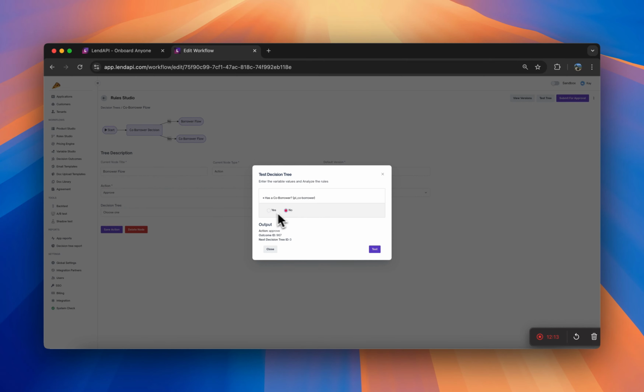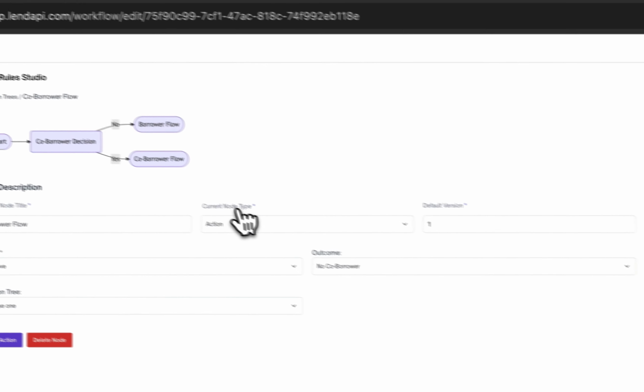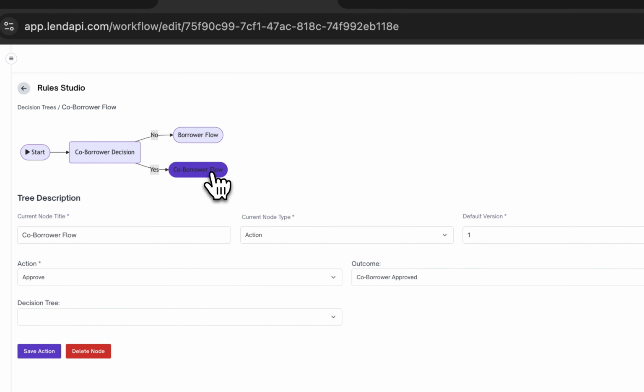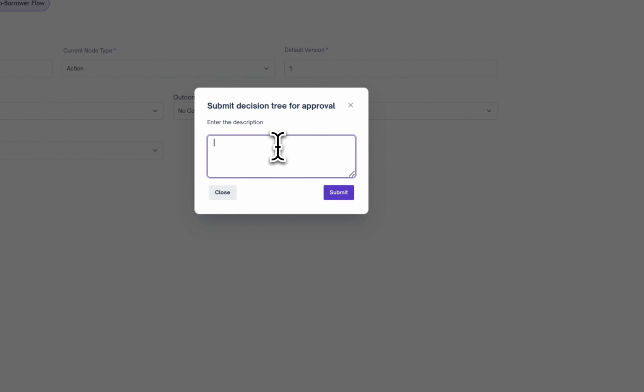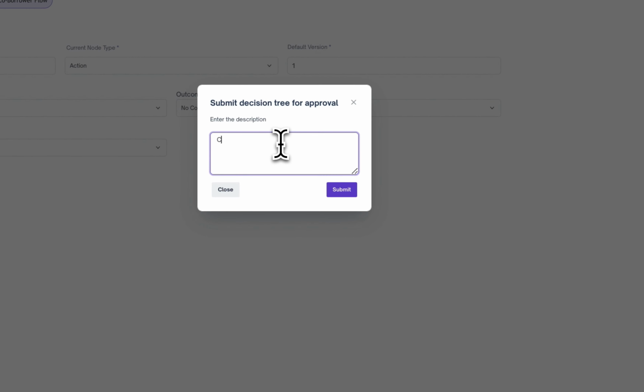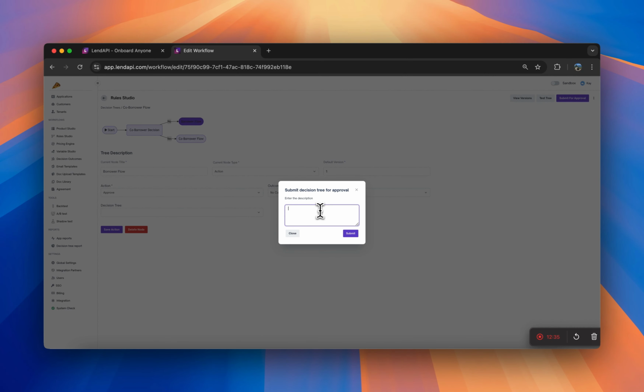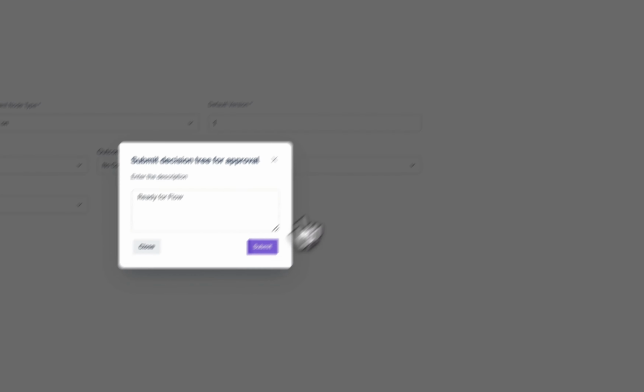So let's just take a look and make sure these instances are correct. All right, I think we're good to go. Let's go through and start testing. So for this particular tree, I think we're good to go. We can actually start to generate this. So in this instance, I will say ready for flow, and let's submit this